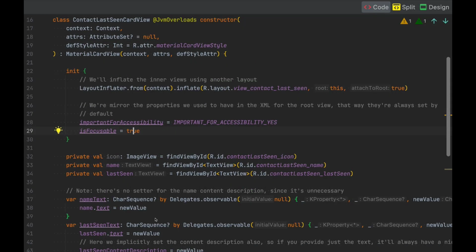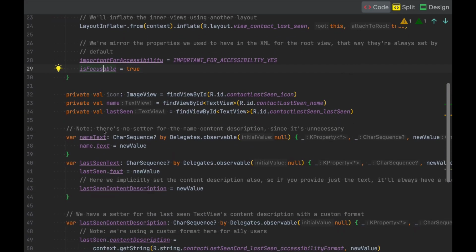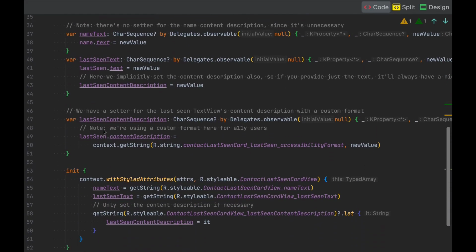After extracting all of our component into its own custom view group, we've basically ensured that it's a reusable component now. This means that the behavior for accessibility will always be consistent throughout our application. We've made sure that it is always important for accessibility and always focusable in the code, as well as configurable via XML and code. What I'd recommend doing is checking out this code and having a bit of a play around to see how this is exactly done, because it's a little bit complex to go through everything. But suffice to say, this is how we wrap up components in a custom reusable way.